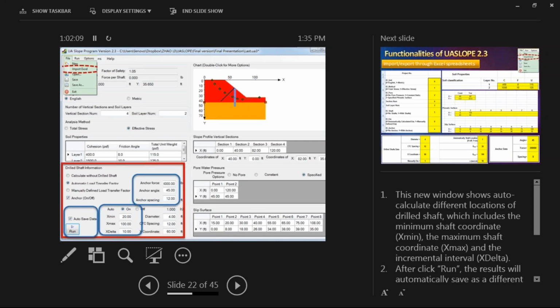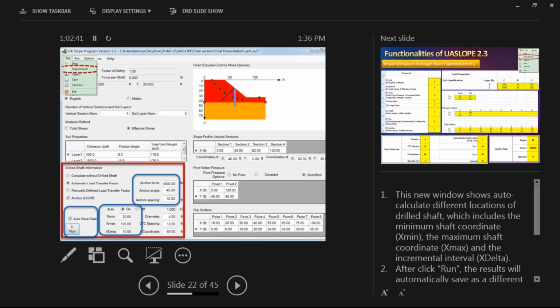So the interface, there's some new features here. The first one is that we now have import and export of the Excel file. So if you go to File and you go here and this tab here and then hit this, it will bring out the Excel file. Then you can bring that into this program. And also we provide alternatives